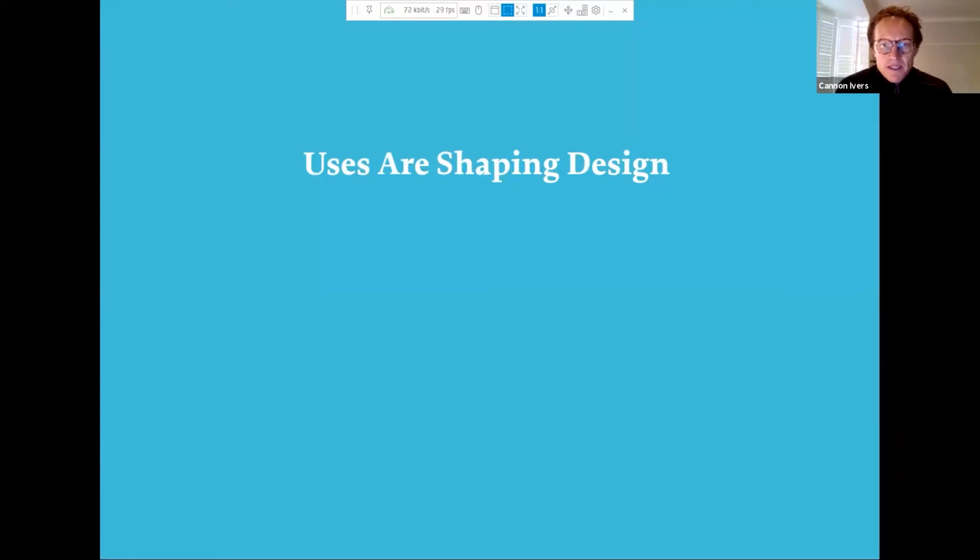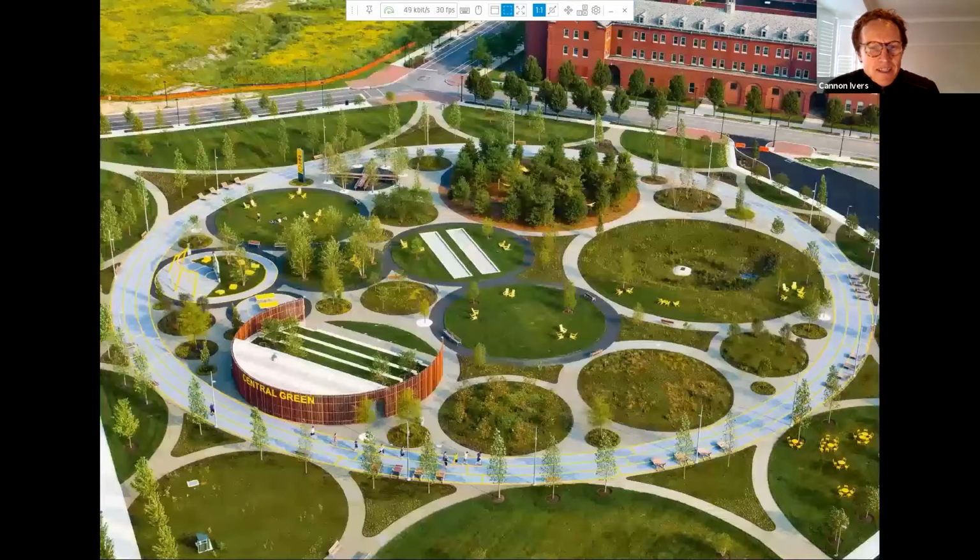Uses that are shaping design. So we know now that there's the shift away from landscape and public realm just purely as an exercise in composition and aesthetics, that it's about bringing people together and the uses that start to draw people into the public space. And this is probably the greatest example really of